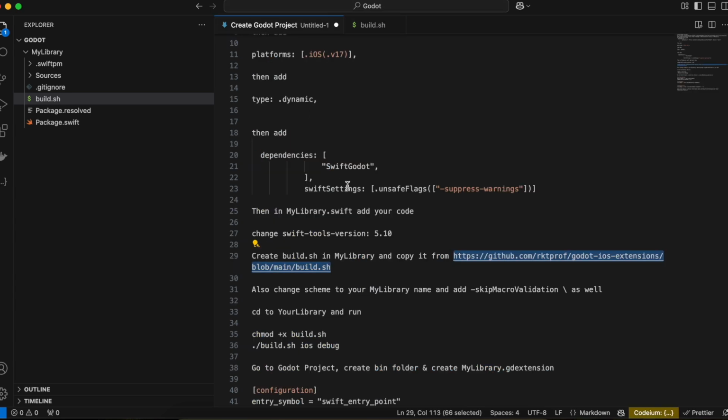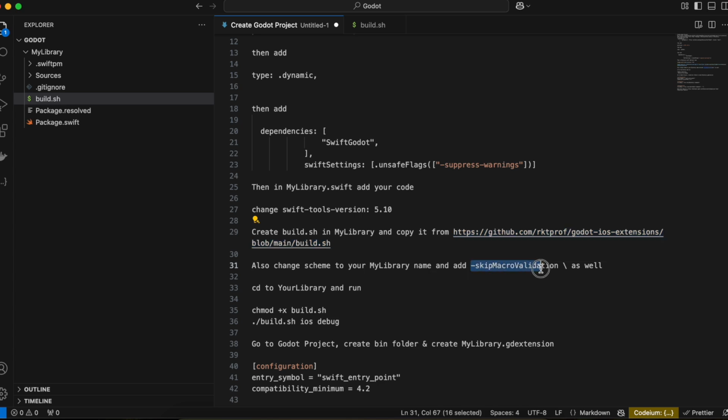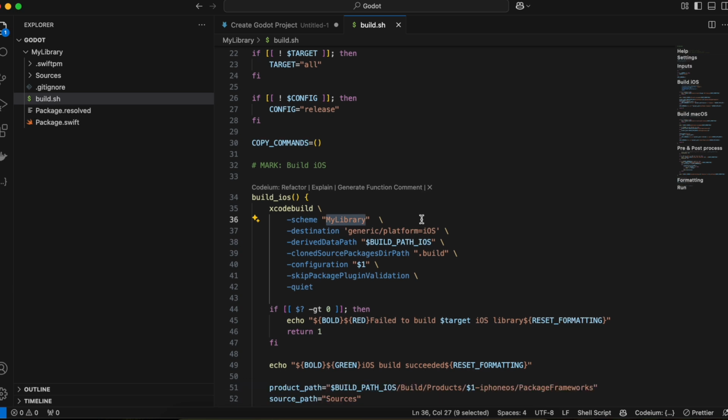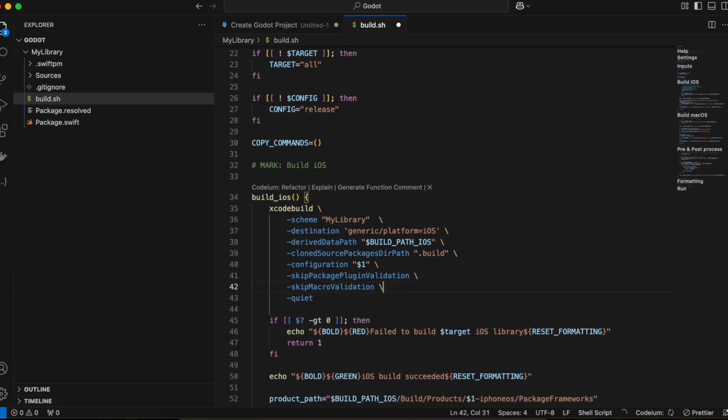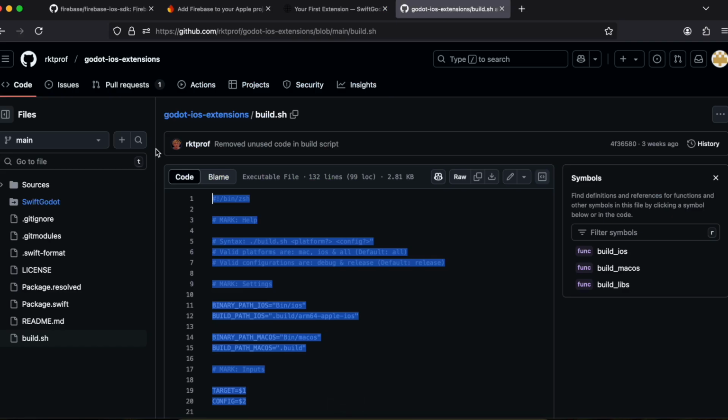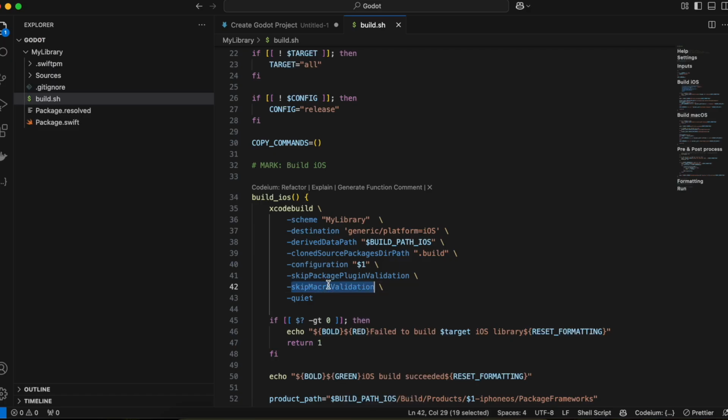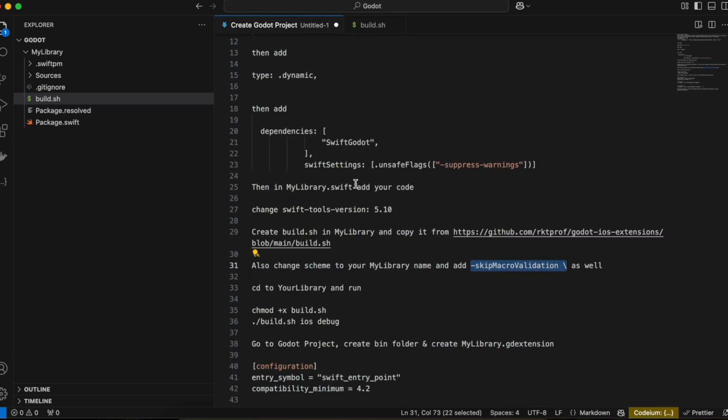And the second thing which we have to do is I also needed to add this skip macro validation. I don't know why, but if I don't add this, I face compile time issues. So this guy Stephen told me to add this, so yeah, grateful to him. So yeah, I have just added this. Once this is added,